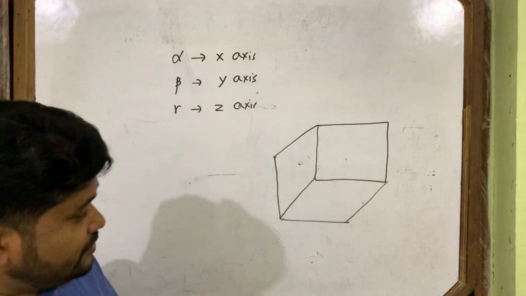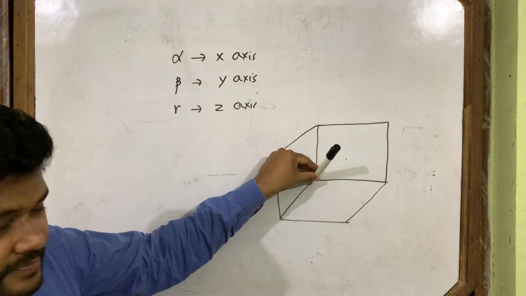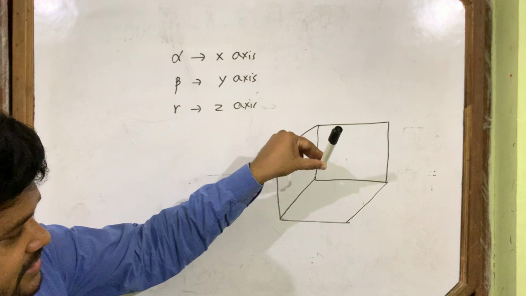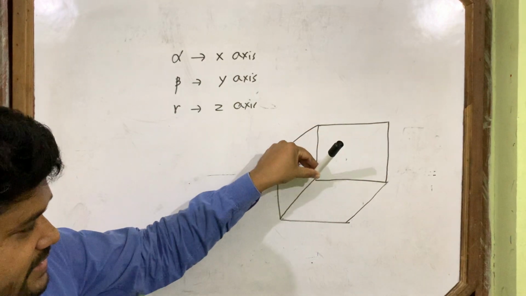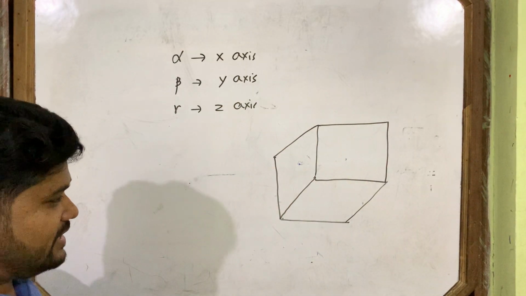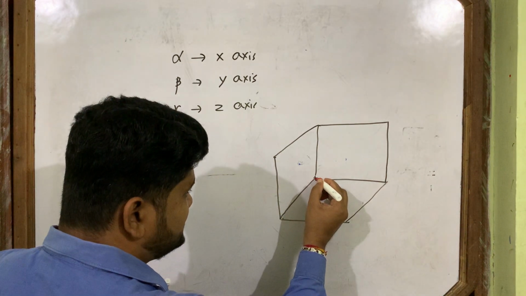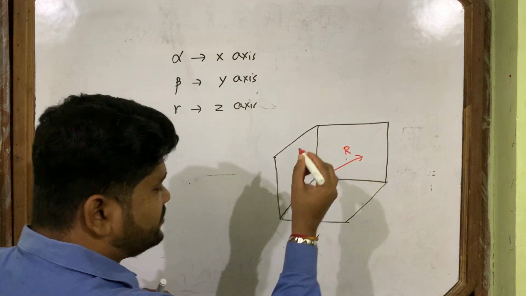So the vector I show you here, in 3 dimensions, the figure I show you is like this. This is the vector, not in any plane here. So that vector, how I will show here in 2D. Suppose the vector is like this. In 2D I am showing it like this.